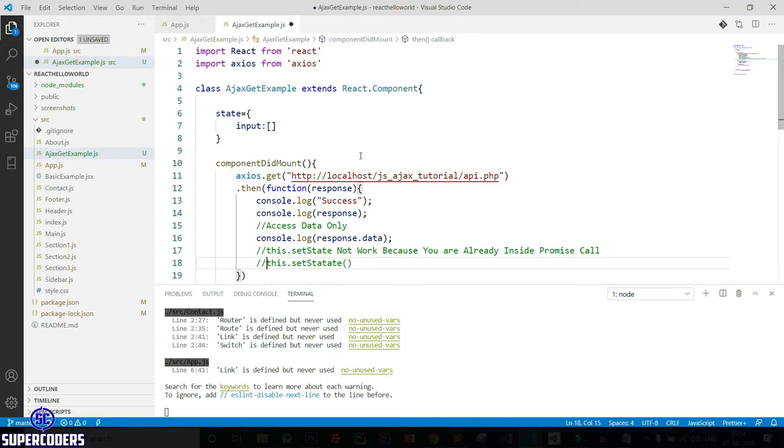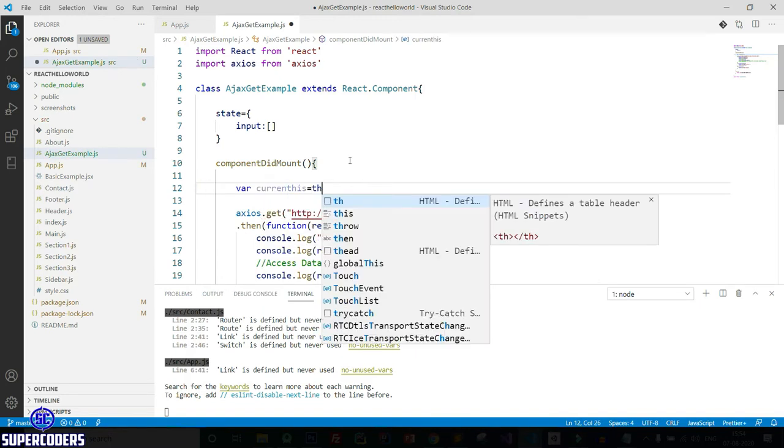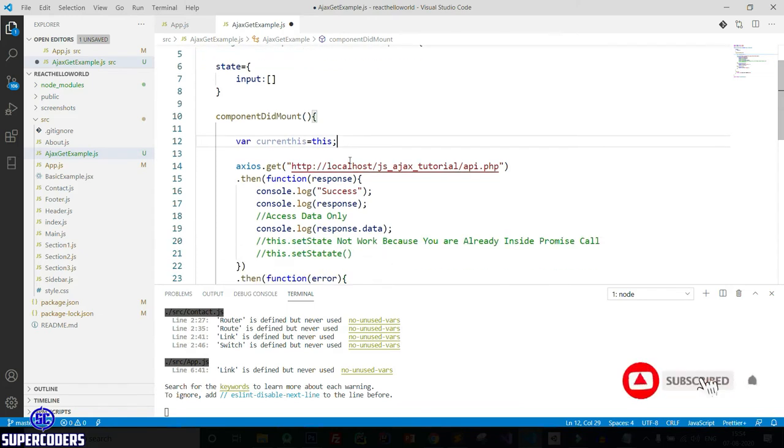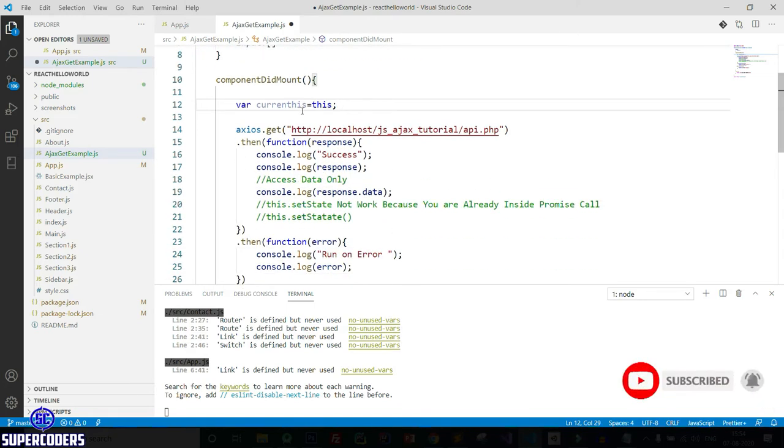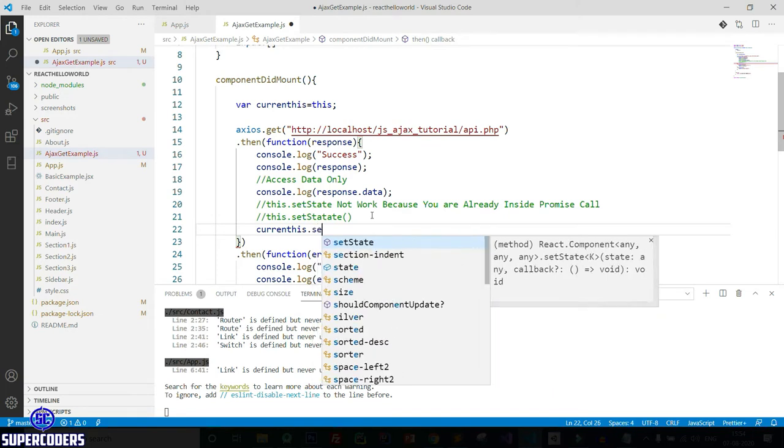Then you need to use another way, like where current this equals this. So access this object before calling the API. Now you can access this current this, then currentThis.setState.